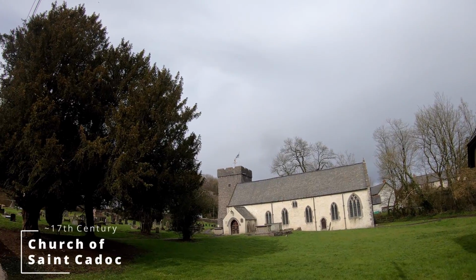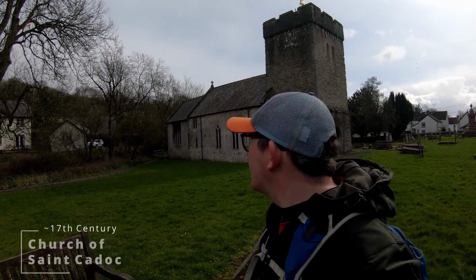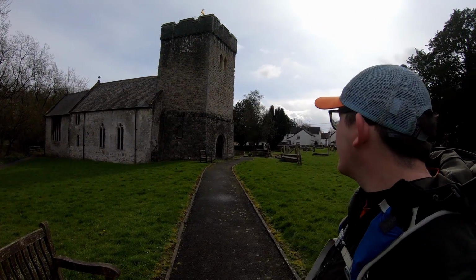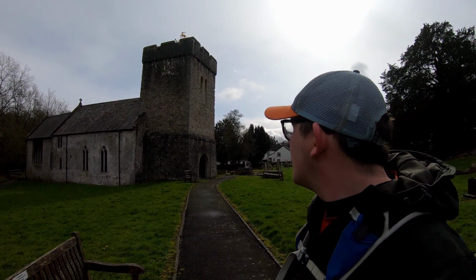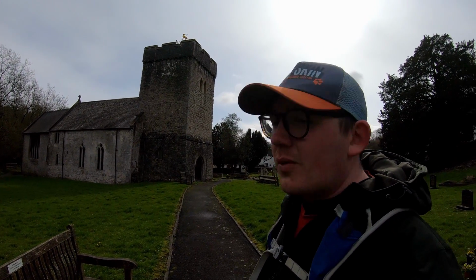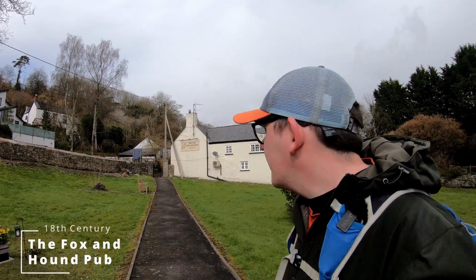So another stunning church on this walk. This one, based in Llanbethery. The windows are unstained, but apparently inside, I can't go in there today, but there's a 17th century painting on the wall showing the Apostles' Creed. So that's worth having a look if you can. And then behind me we've got the Fox and Hounds pub, another nice little pub, and apparently the interior is very much 18th century, so